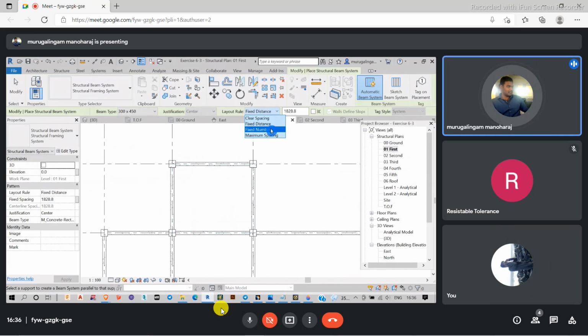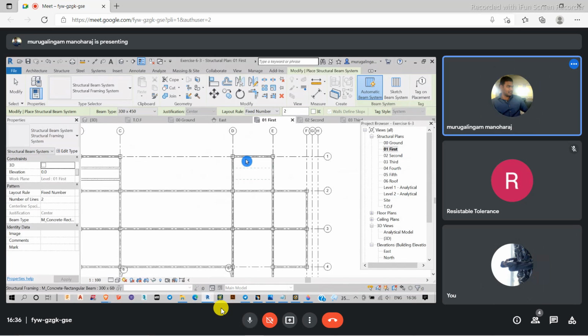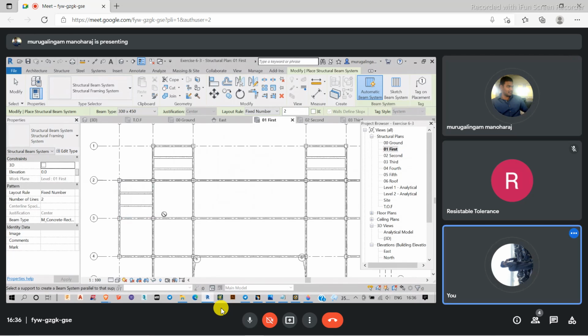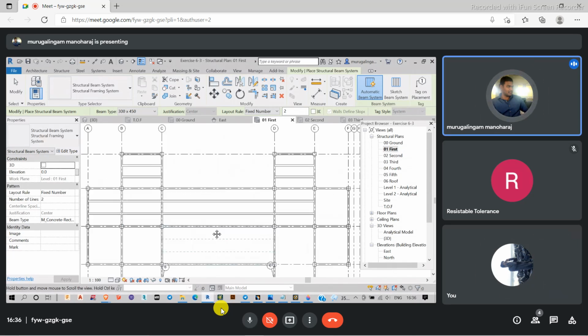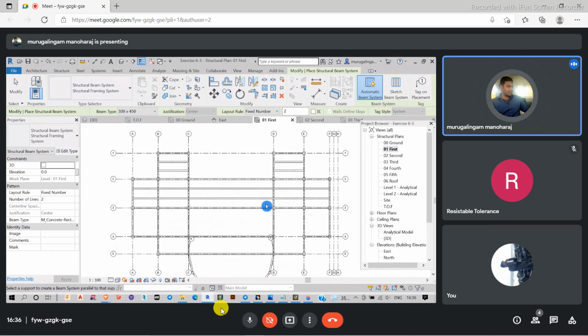So what I'm going to do is use a fixed number, and I'm going to use the number 2. I'm coming here and providing it since this is going to be my major span. So both are going to be the same beams. Nothing is going to change. It will make my process a little bit faster. In case it is not a closed surface,